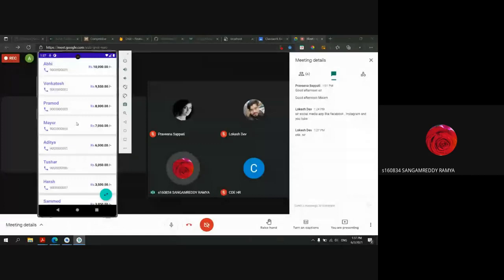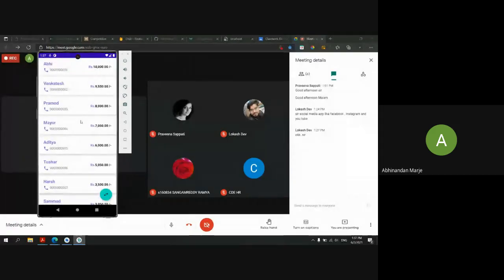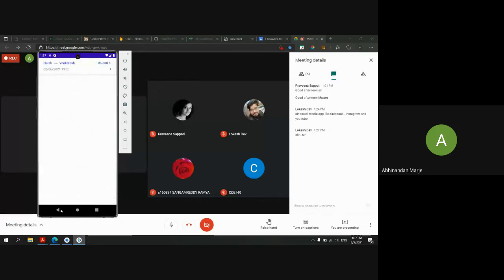For upcoming weeks we will try to do it, sir. Yeah, first I will teach the recycler view. Only then can you do a task like this. When I cover the recycler view, you will get this project as your task. Is it okay for this project, or do you want something else?